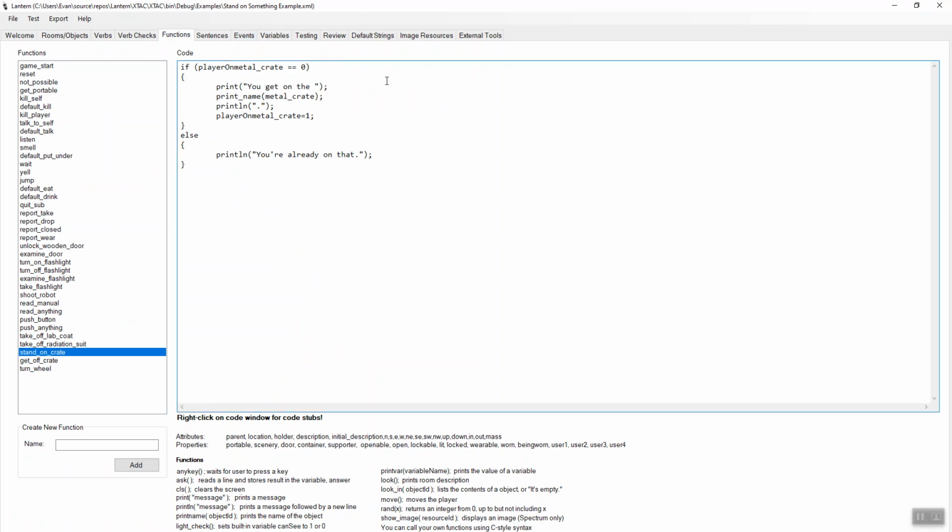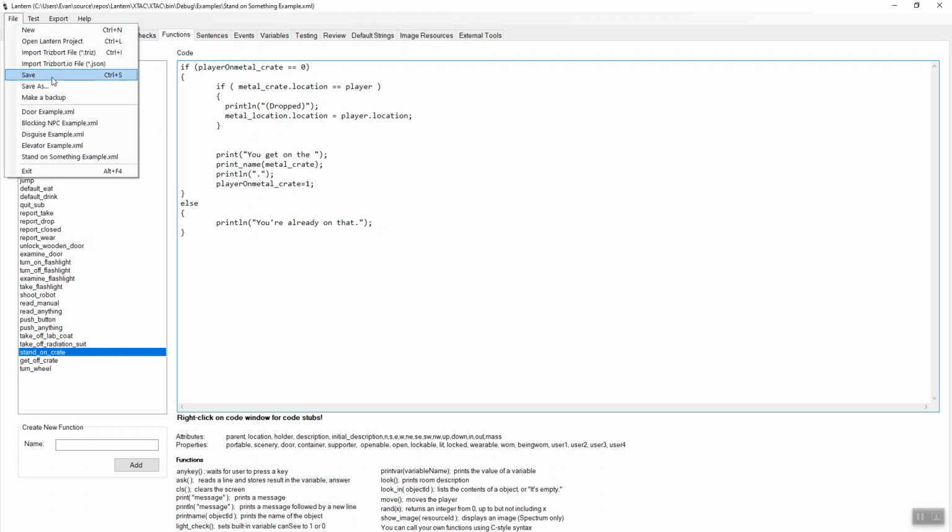If you want to stand on something, we could say if the metal crate's dot location is equal to the player, then what we're going to do is we'll print dropped, and then we'll set the metal crate's location to be the player's location. There you go. So now if we try to get on something,